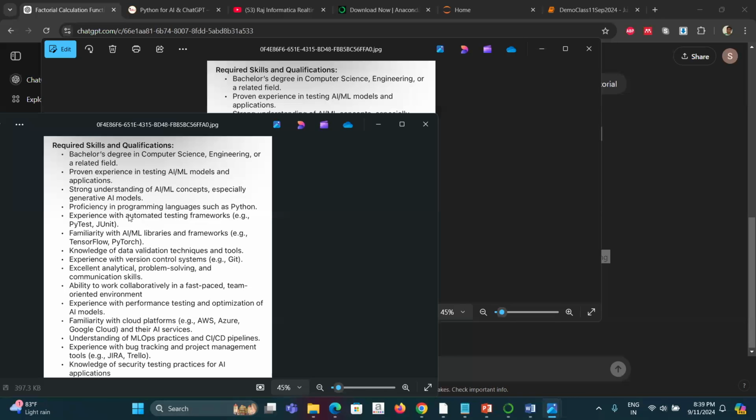Coming to this, we are covering up to the fourth one. The fifth one, PyTest, no, we are not covering automated testing frameworks. Familiarity with libraries, you can explore this. If you are facing any problem with either TensorFlow or PyTorch, we can discuss individually. But you have to explore, and we're not covering it at this point of time.